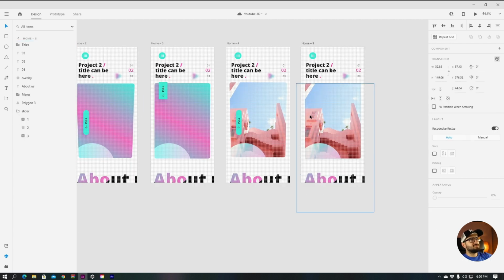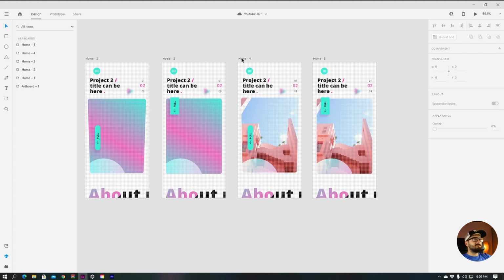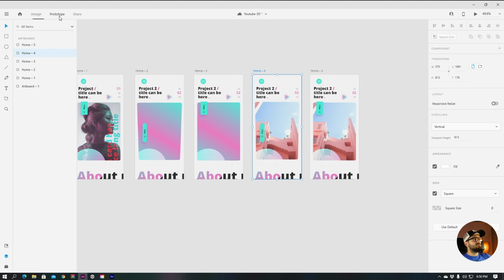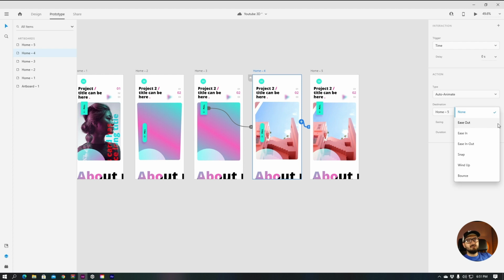And also delete this and make a new copy with the original state, the default state. And yeah, switch to design. Make sure we are selecting the whole artboard, connecting to this artboard, and again select trigger time, delay 0, duration 0.6, easing. Let's do bounce again,